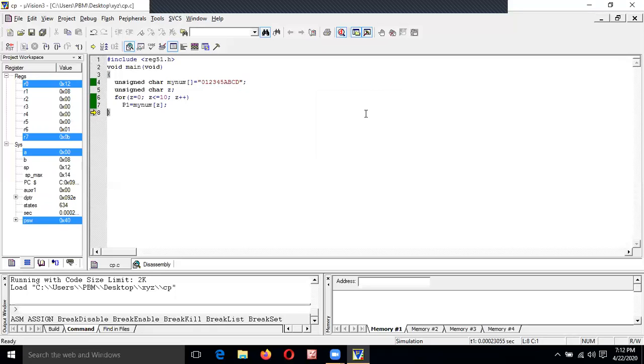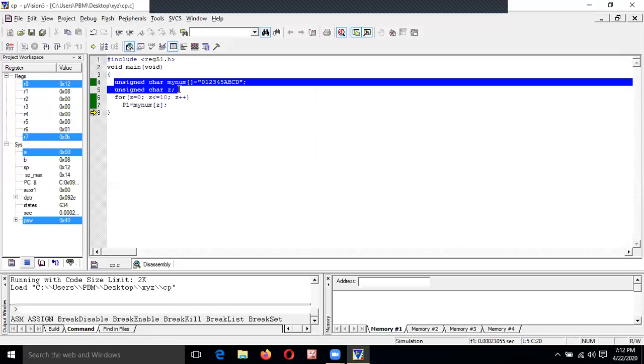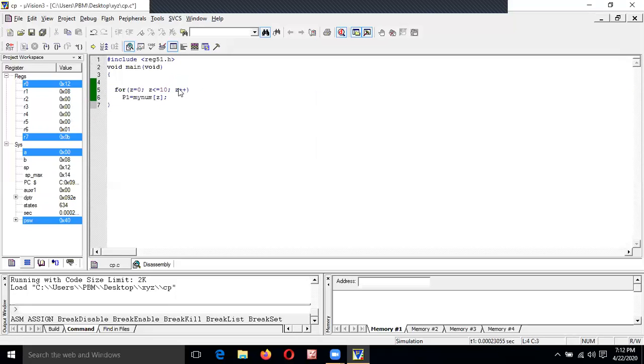Write an 8051 C program to toggle all the bits of P1 continuously. So here we have to toggle all the bits of port 1. Toggling continuously means there is no limitation on how many times the loop has to be executed. So we can just remove all this.